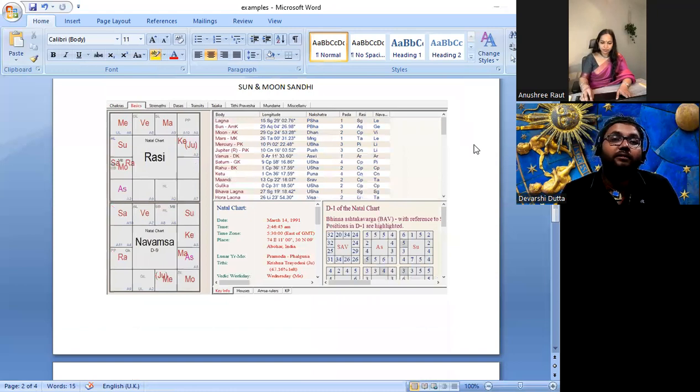Okay, this is for Sandhi of the Sun and the Moon. Is it Sagittarius ascendant? Right, Lagna at 15 degrees. Okay. So this is another chart, with Lagna at 15 degrees. Over here, again, Moon is Atmakaraka, 29 degrees, and Sun is Amatyakaraka, career, 29 degrees. So over here, what we see is that the Sun is the 9th Lord of higher studies.